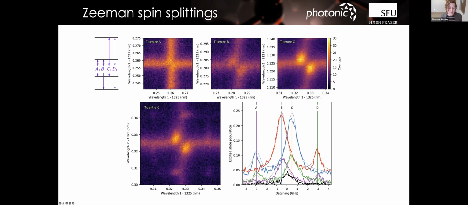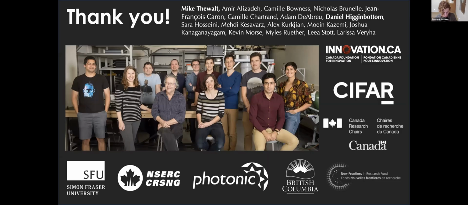So you could actually see all four A, B, C, D transitions this way by taking a look at that two-color map, and you can use this to initialize and read out and play all those games. So yeah, lots of spins to play with. You can probably guess where we're going. There's a lot of color center technologies out there, and I would say that we're very happy with what we have and where it's going.